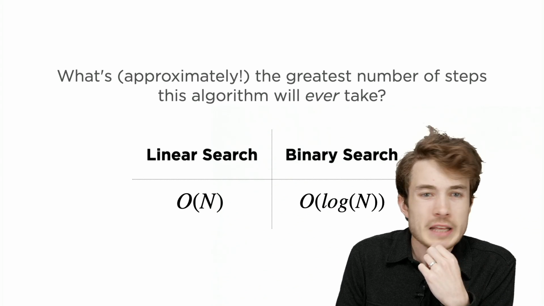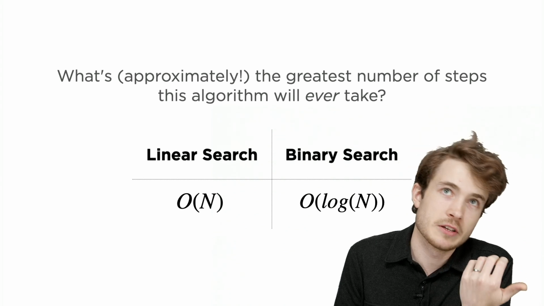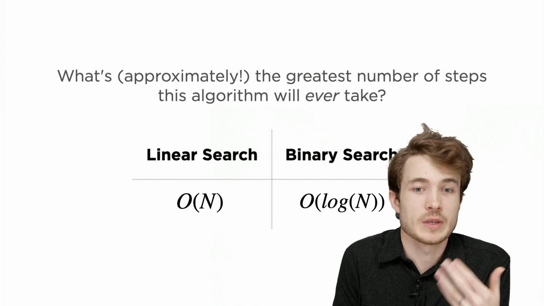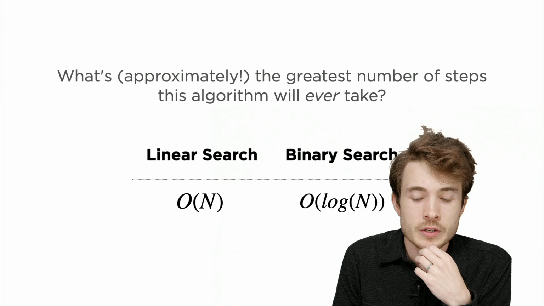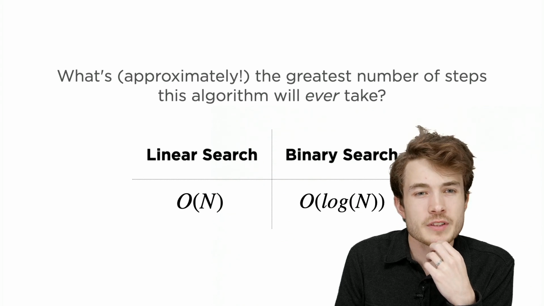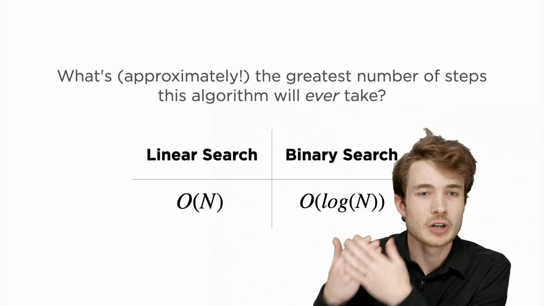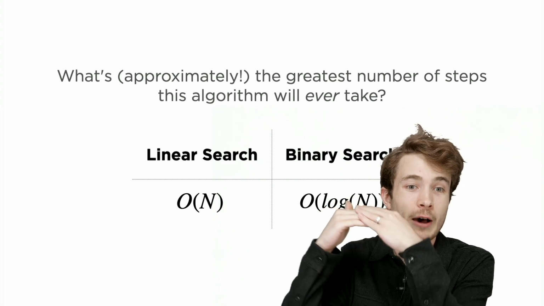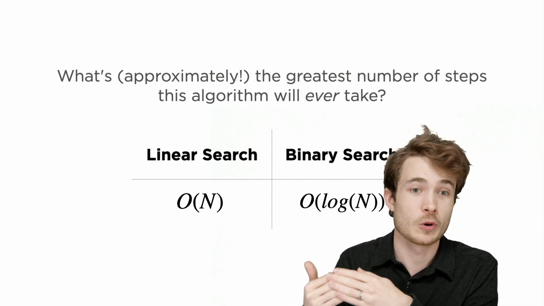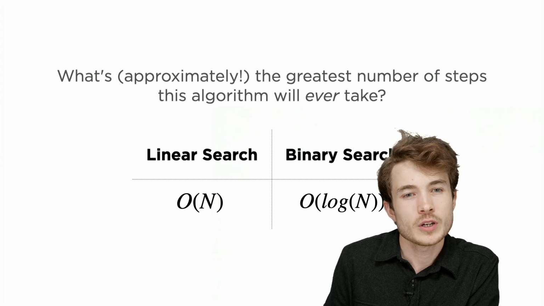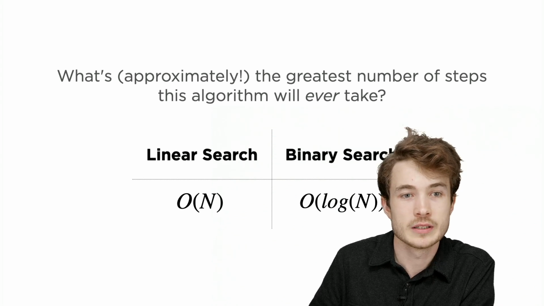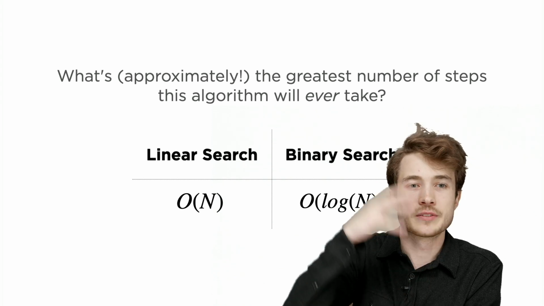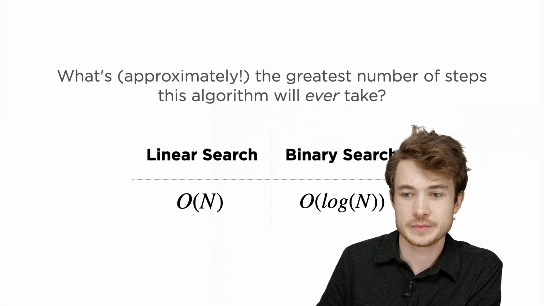So thinking here not even about the general case of, okay, is it 7 or 10 people, but just, what are we actually doing here? How does the problem scale as we add new people? So big O notation then is used often for this question of what is the greatest number of steps an algorithm will ever take. If you're more technical, you could think of it as the upper bound of the algorithm. The algorithm will never run slower than this. So questions then on the transition between talking in terms of individual steps and talking now in these general, kind of hand-wavy cases.